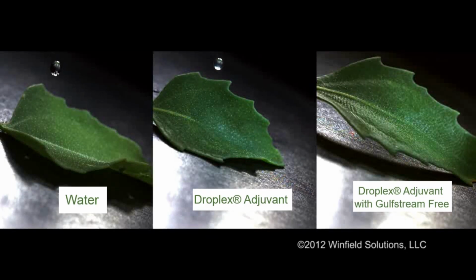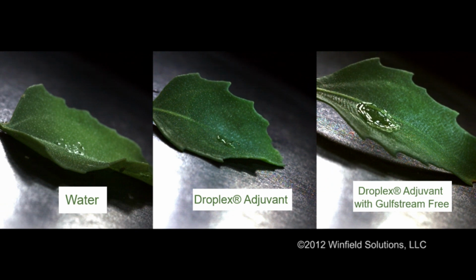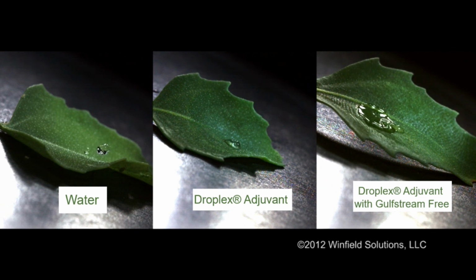So when you look at other products that are out there, a lot of times, especially the polymer-based products, you'll see that they get a great big droplet. A lot of the data that we have shows 650 microns, which another thing we found with all this testing that we've done is that's the size droplet that bounces off the leaf. Well, if we spray at a droplet size that bounces off our leaf, doesn't stay on